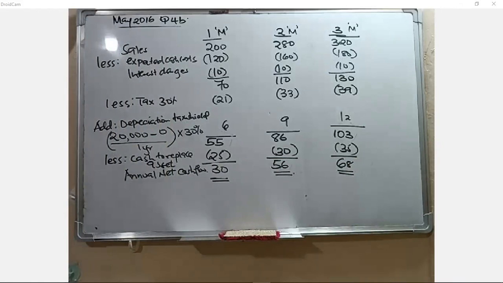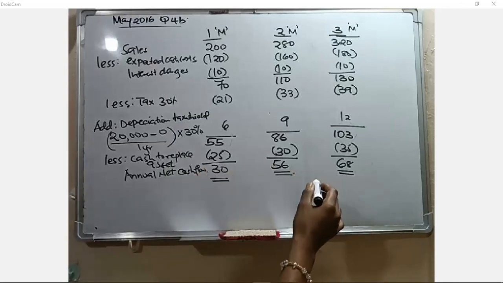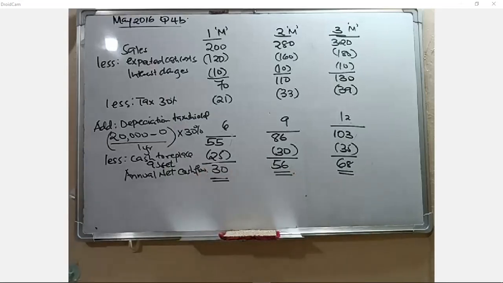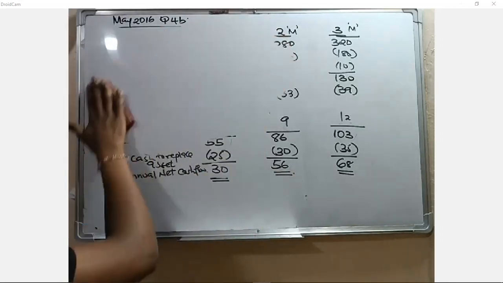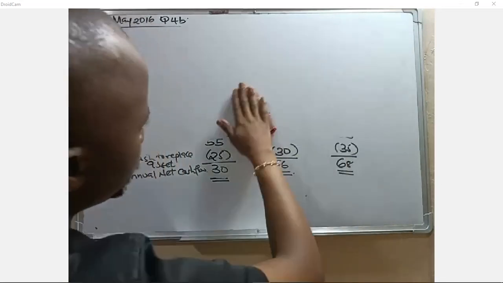Now from there, let us proceed by doing our discounting cash, because the examiner is telling you to use the discounted cash flow. Now in this scenario, because already you have your net cash flows, we are being told by the examiner that the growth rate is going to be stabilizing for the fourth year. So in this case, this is what you do. Let me just start by doing it here, so that I avoid explaining too much.